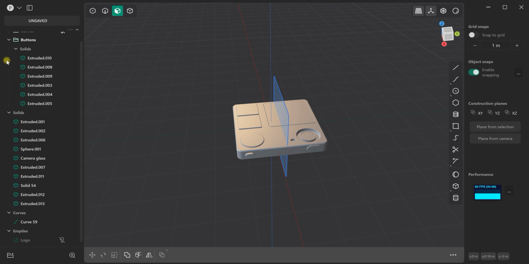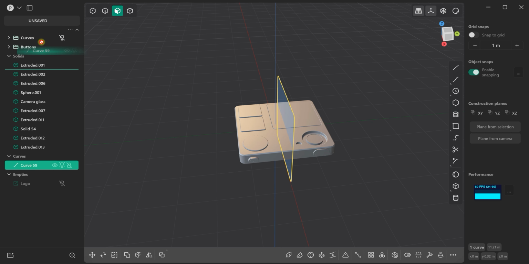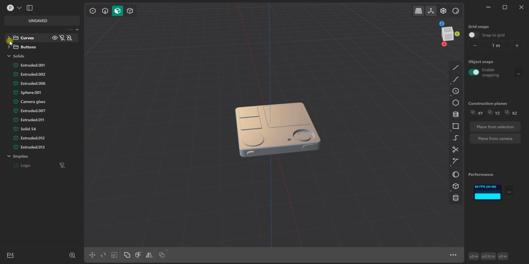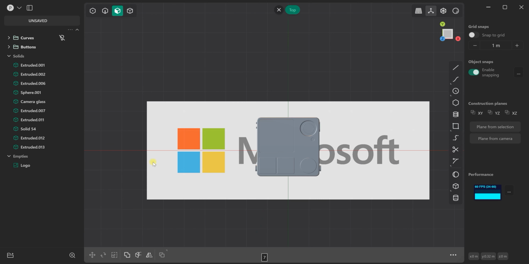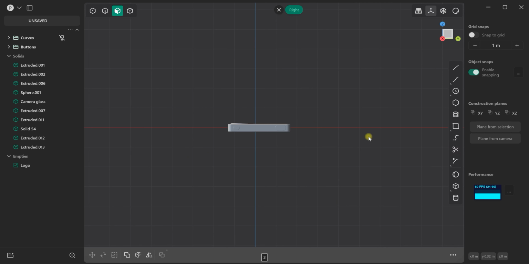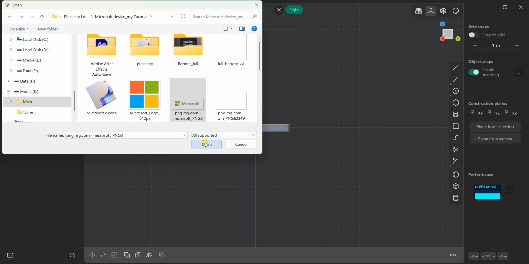We're hiding our curves. We don't need them anymore. Yes. Okay. Unhide our logo, but I need it from the right view. Delete this one and let's import it to the right view. Okay, select it, open, press M,